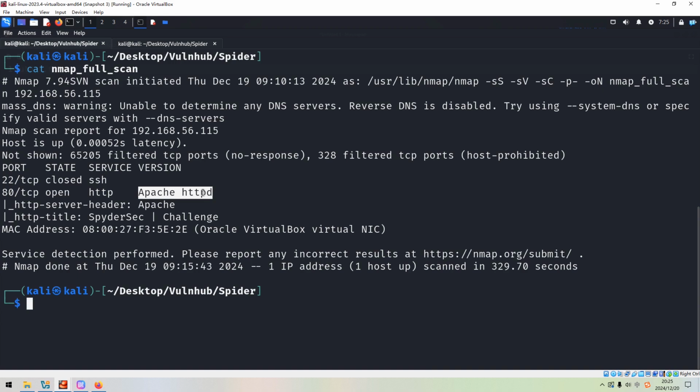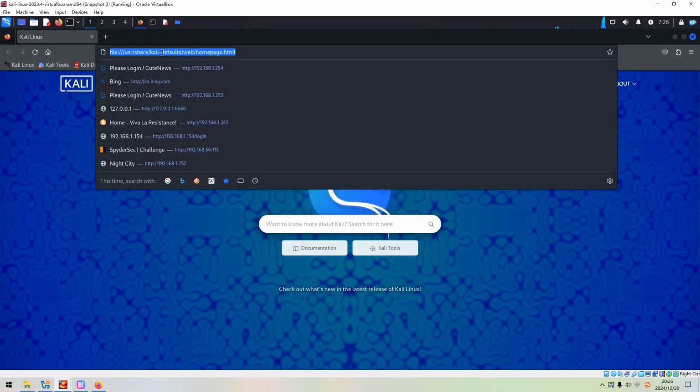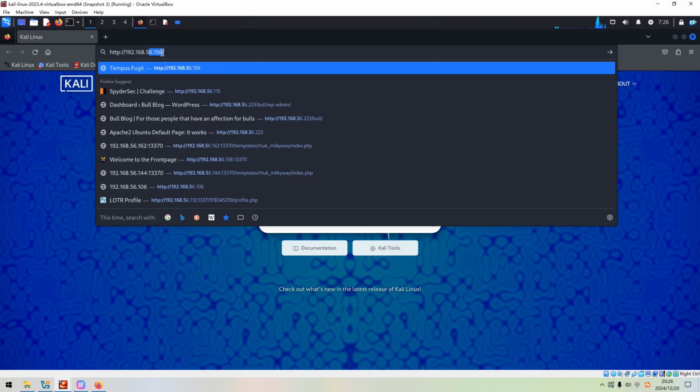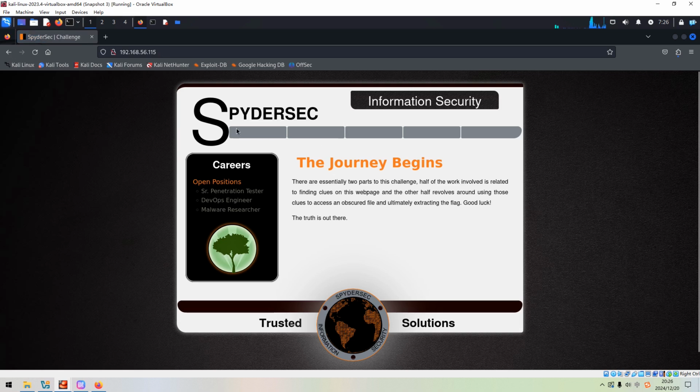So I think it's very clear what we are going to do next. We need to do enumeration, both manually and automatically, with this web application. So then we can fire up the browser to do the manual enumeration first, and we can put the IP address of the target into the address bar. Press enter, and we got the page back. Here is some information: the journey begins.